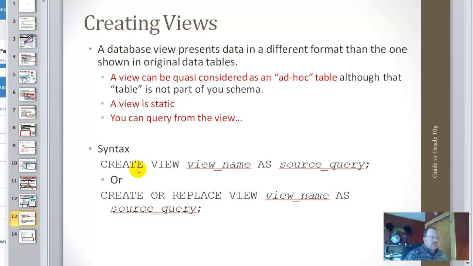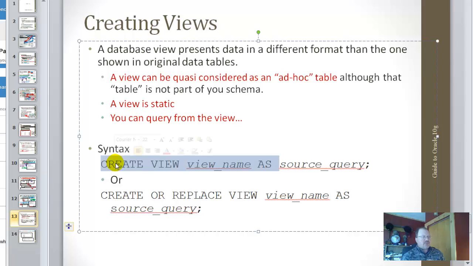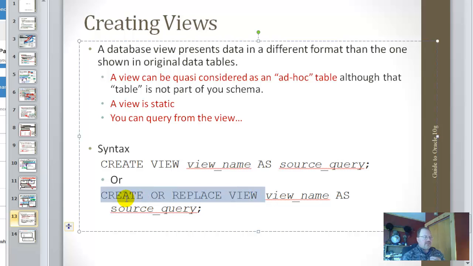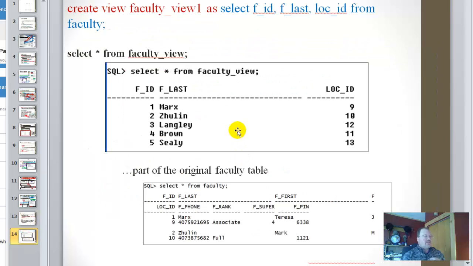And so the syntax is create view, the view name, as, and then you have your source query. So when you create your query, you can just tie that to this part, and it'll create that view. Then you access it and work with it the very same way as any other table. Now, if you're replacing a view, you can use this syntax, create or replace view, with the same structure. So with that, I'm just going to say create view faculty_view1 as,